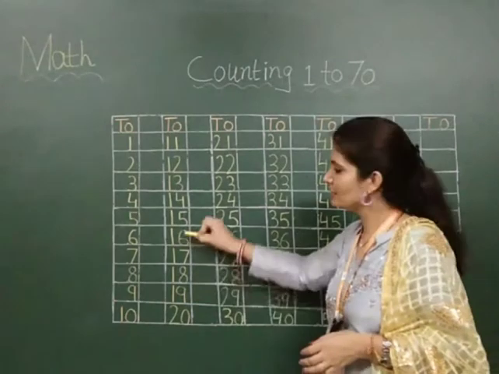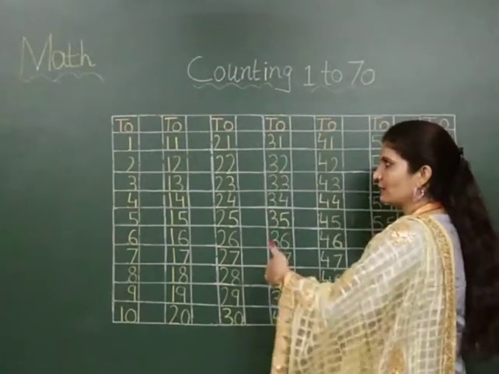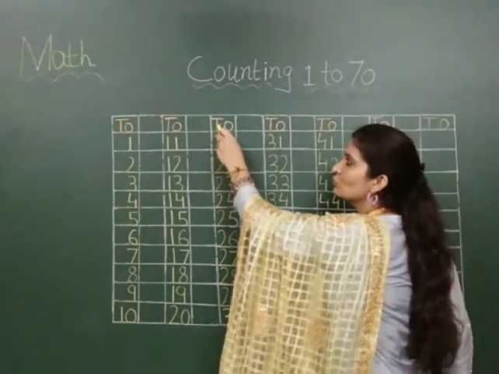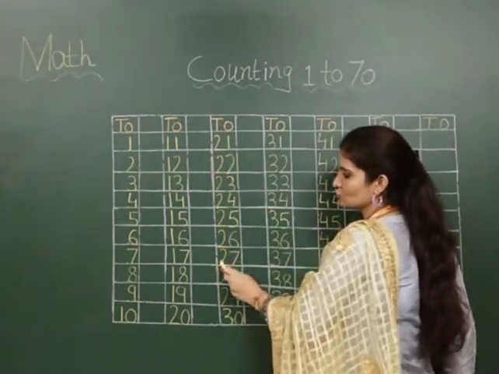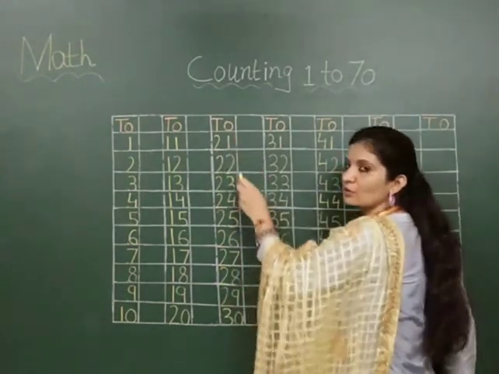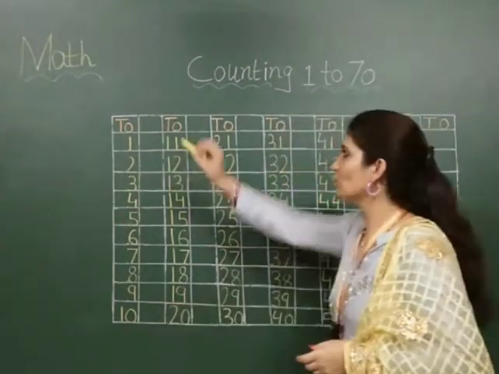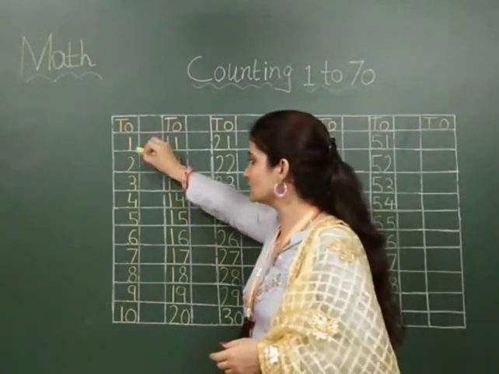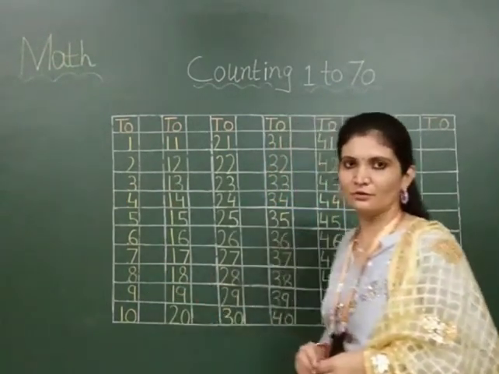Till 9 you write the same, and then you write 2, 0, 20. And when you are having the 21 line, what do you write? Yes, you write 2 below tens, and then write counting 1, 2, 3 below ones. So if you know counting 1 to 10 properly, then you know counting 1 to 100 nicely. So it's mandatory that you practice these numbers, 1 to 10.